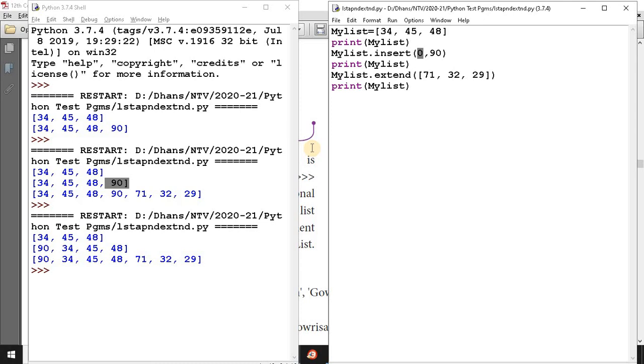The same thing: at the end of the list, it will add elements, but more number of elements, that must be enclosed within square brackets and separated by commas. Insert function, you have to pass two arguments: in which position the new value will be added. This also inserts only one single value, at the position where it should be added.